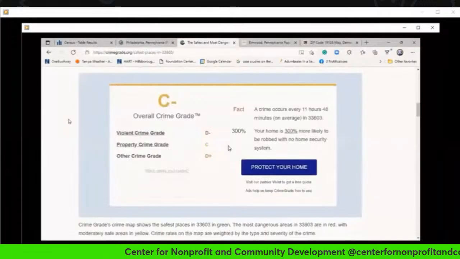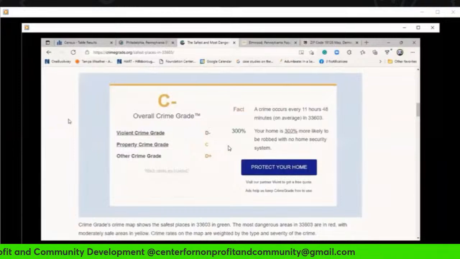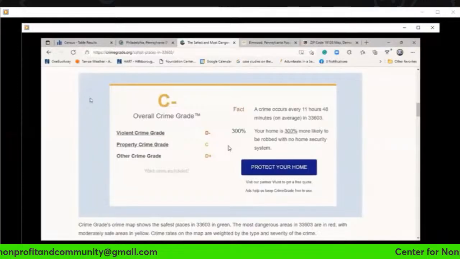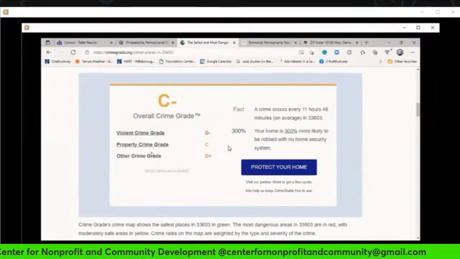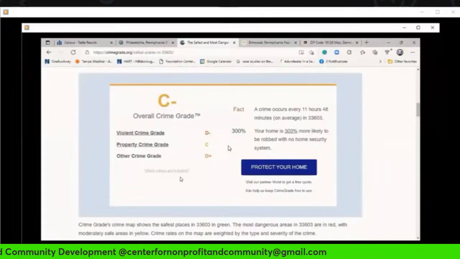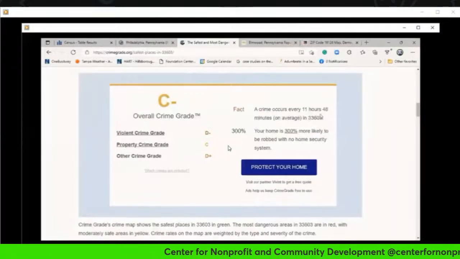And the area that we put in, 33603, gets a D minus in terms of violent crime, in terms of property crime, it gets a C, and in terms of other crimes, it gets a D plus. A crime occurs every 11 hours in this particular